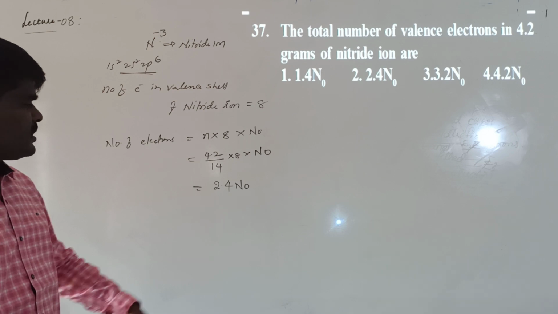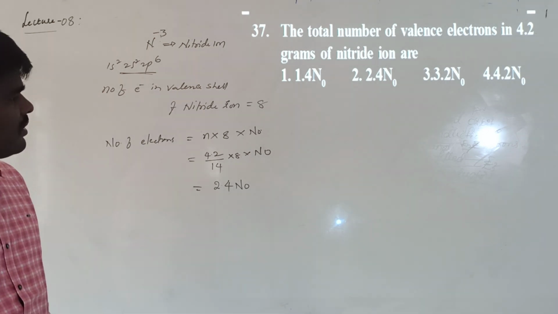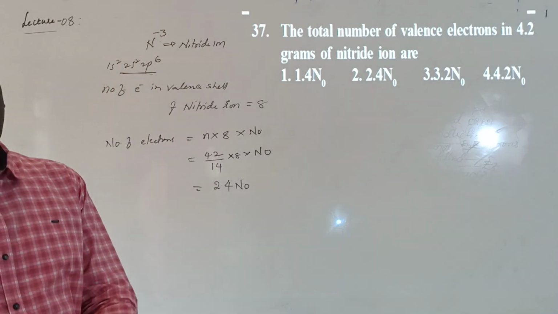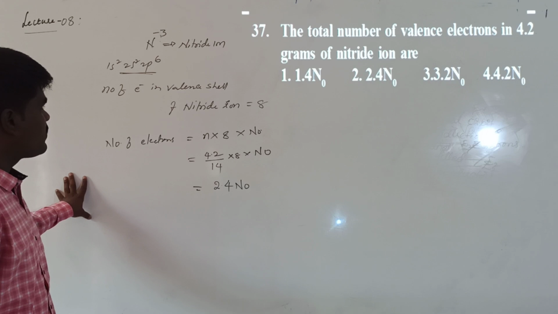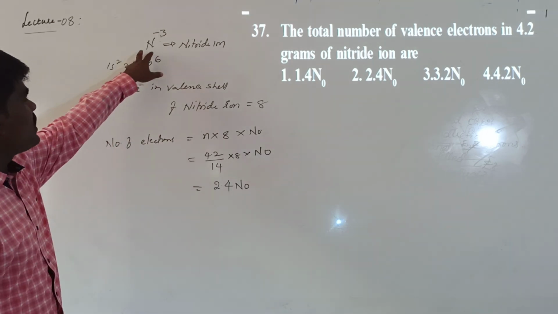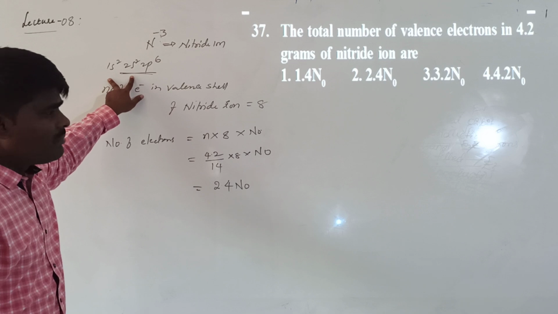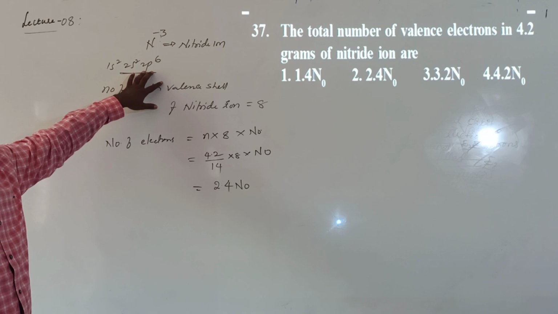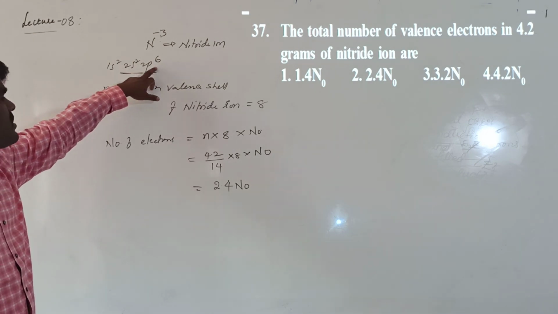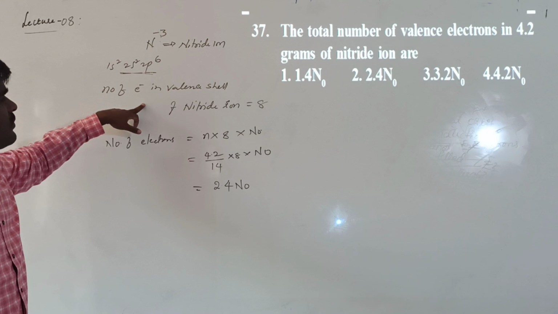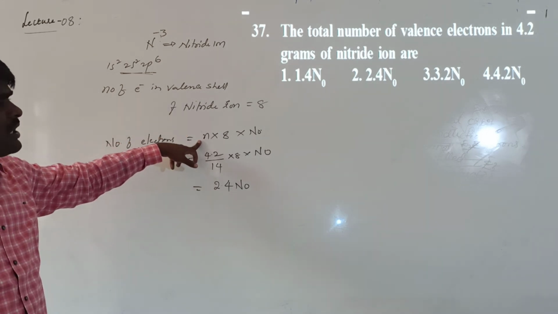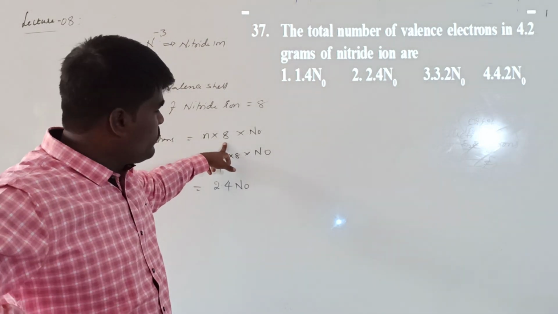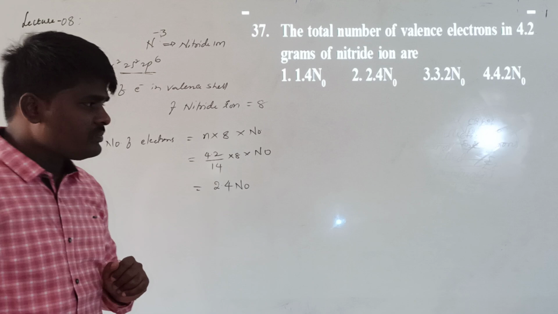Right? What does N naught stand for here? Avogadro number. First of all, he is asking about only valency electrons. He may also ask for the total number of electrons. If he asks for the total number of electrons, what would it be? Total 10 electrons are there in the nitride ion. But he is asking about the valency electrons. What is meant by valency electrons? Electrons present in the valency shell, that is the second shell. 2 plus 6, total 8 electrons. So for that reason, the number of moles of nitrogen should be calculated, and that should be multiplied with the number of valency electrons in one nitrogen, and then with Avogadro number. Hope it is clear.